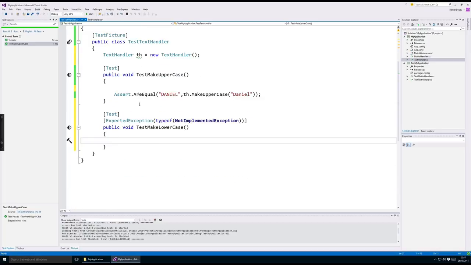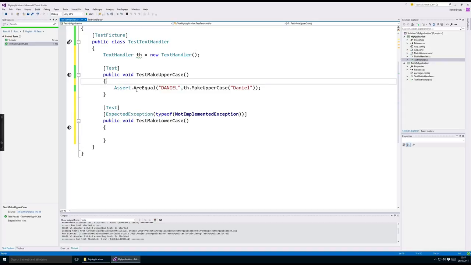Because we're doing an exception rather than a valid function, we don't have to put an assert in here. You can, but this is an easier way of doing it. So all I'm going to do here is simply call our function that we haven't finished writing yet, passing a value like I would expect to, and what should happen is when we call that function, it should actually throw the exception. This will then check for that exception, and if it does find the matching exception, it will show it as a pass. So we'll save our changes